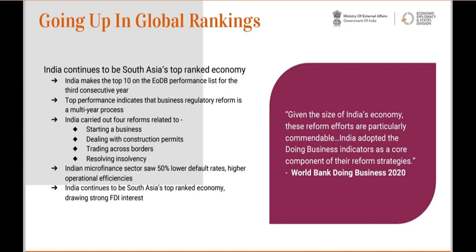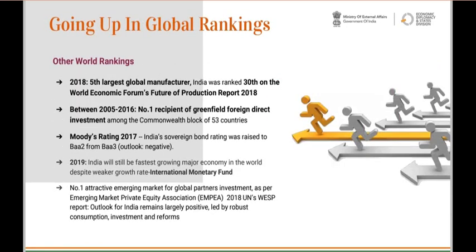There are other world rankings, which can be enumerated. In 2018, being the fifth largest global manufacturer, India was ranked 30th on the World Economic Forum's Future of Production report. Between 2005 and 2016, it was the number one recipient of Greenfield foreign direct investment among the Commonwealth bloc of 53 countries. Moody's in 2017 upgraded India's sovereign bond rating